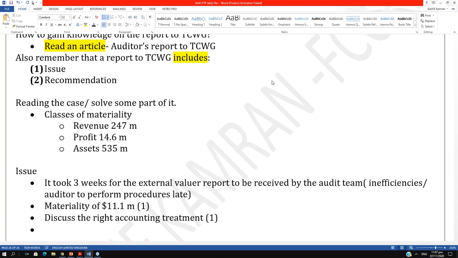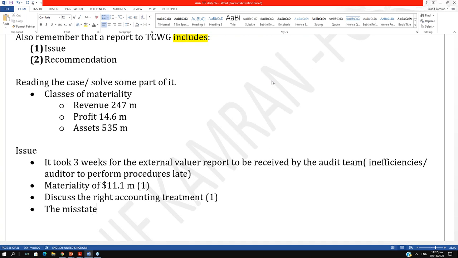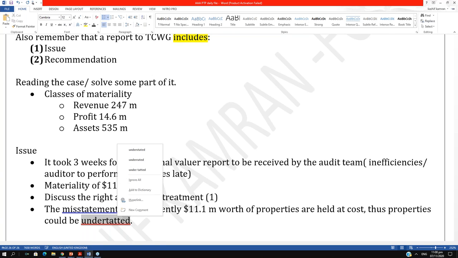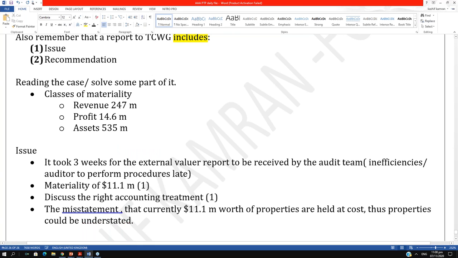Should I also discuss with them the misstatement, that currently $11.1 million worth of properties are held at cost? Thus, properties could be understated. Should I discuss the misstatement with management? No, I'm just doing the brainstorming, right? Please, the issue,